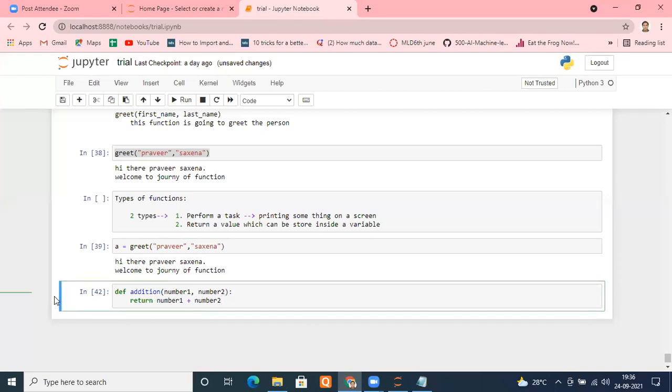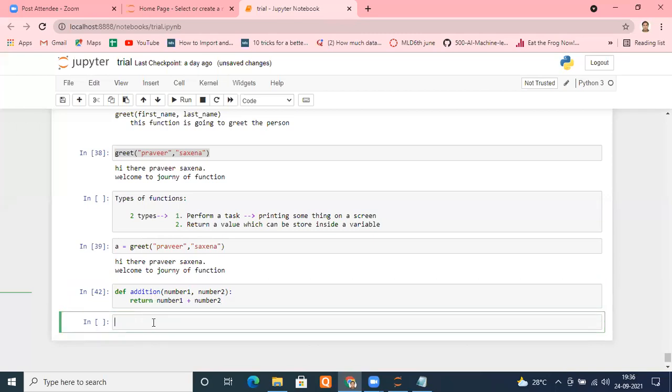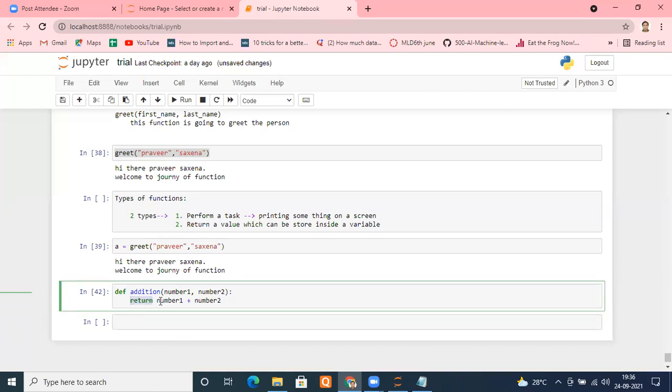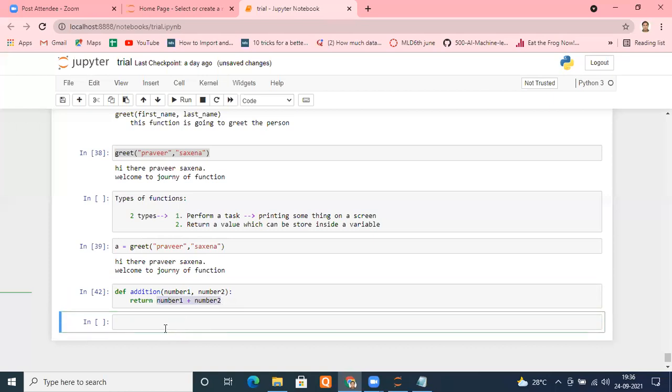Okay. So now what I am doing, I'm calling this function. Remember, you have used the word return, so it will return a value, which will be the sum, which you can store anywhere you want. So I'm calling this function addition. And how many arguments do we need to give? Please tell me. 2. Okay. So suppose I put 3 and 4.